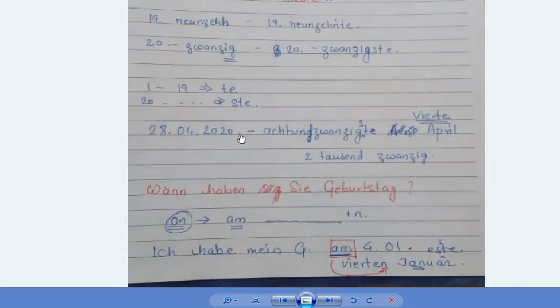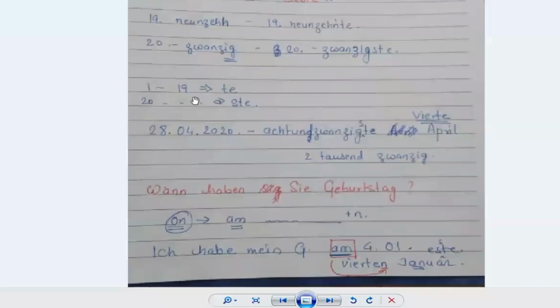How to read this format? That is what I wrote here. Chalo, write this date and then write today's date. So here, what we saw is that if I ask you what is the date today, this is how you will tell me that today's date is so and so.